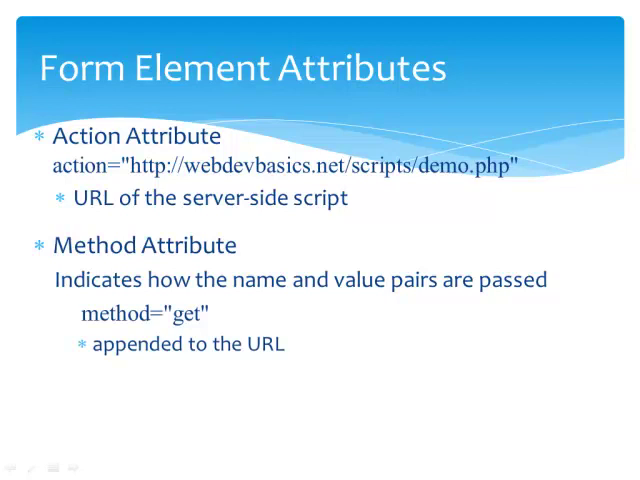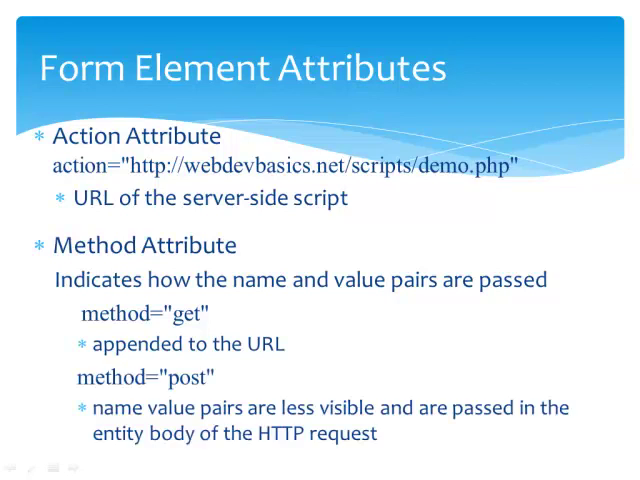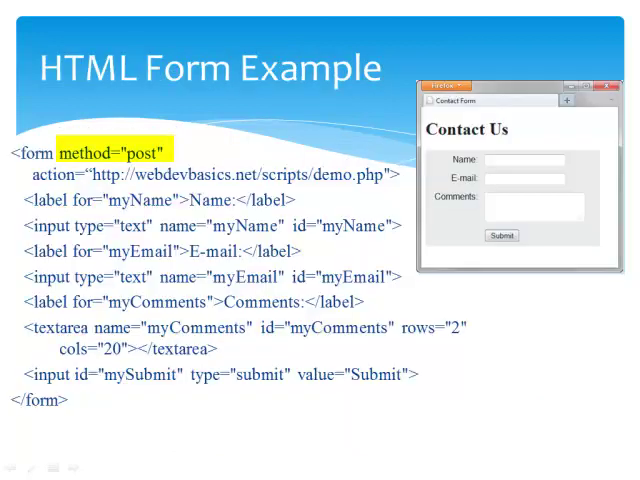Method equals get causes the form data to be appended to the URL, which is easily visible and not secure. Method equals post does not pass the form information in the URL. Method equals post passes the form information in the entity body of the browser's HTTP request, which makes it more private. In this example, the method attribute has been set to post, and the action attribute has been configured with